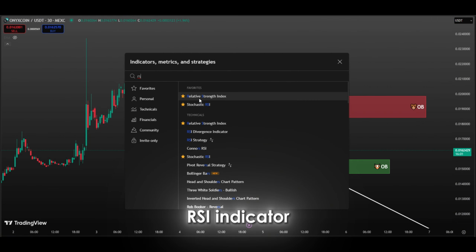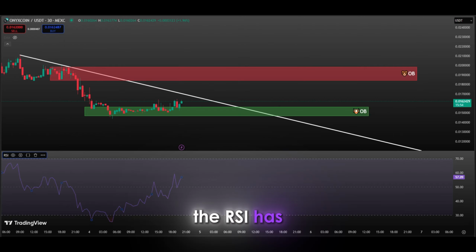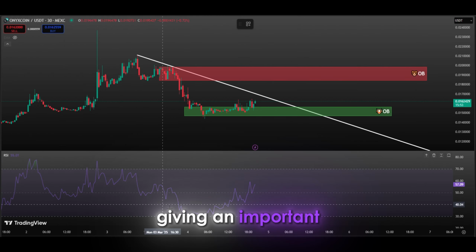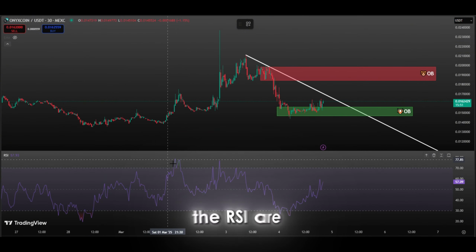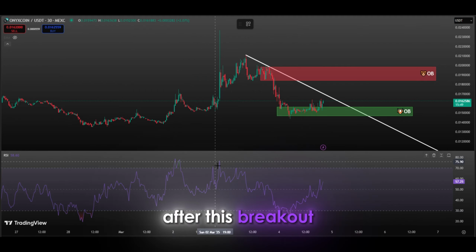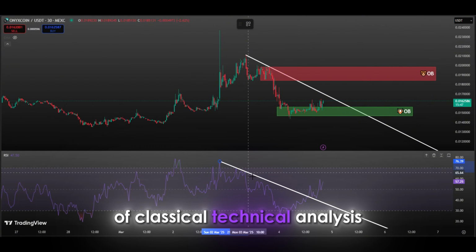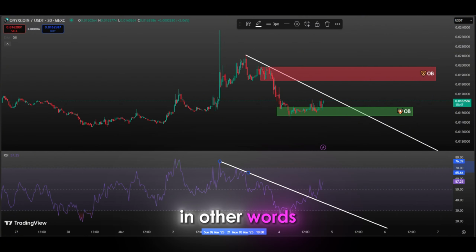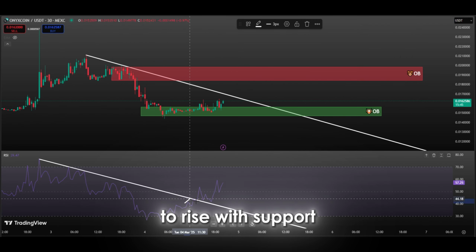Looking at the RSI indicator, there was a long-standing falling trend line. The RSI has broken this downtrend, giving an important technical signal. Usually, trend breaks in the RSI are a leading indicator that a similar breakout in price action may occur. After this breakout, the RSI performed a retest in accordance with the rules of classical technical analysis. In other words, it tested the trend line it broke once again, but continued to rise with support without retreating